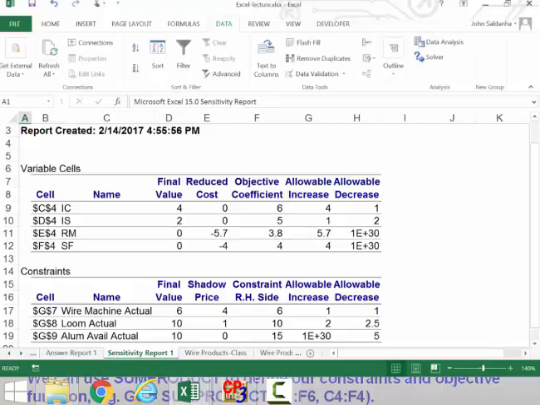So each linear program software has got its own idiosyncrasies. The negative values for a maximized profit is one of the idiosyncrasies of Excel, unfortunately. How do we interpret this? So here what they're saying is that there's a reduced cost for it because if you increase the objective coefficient by 5.7 units,